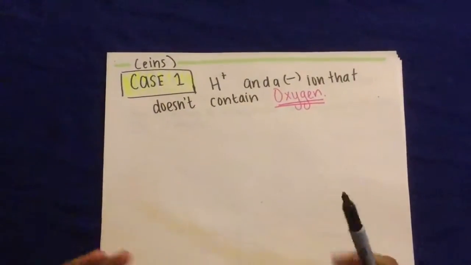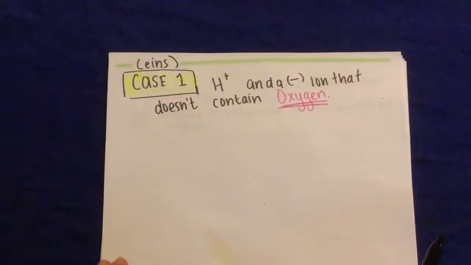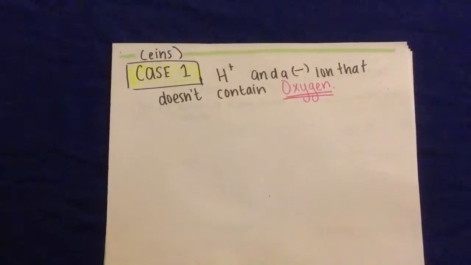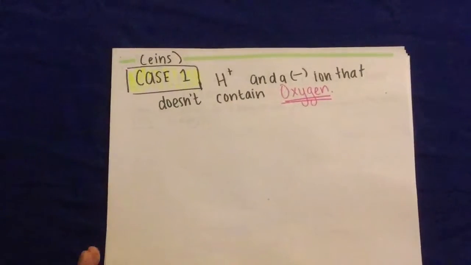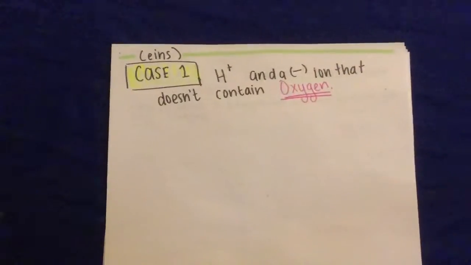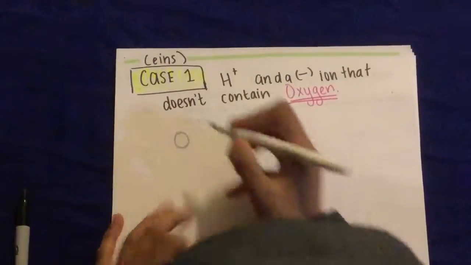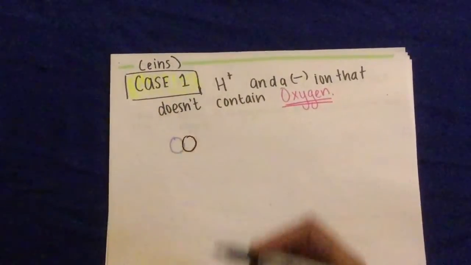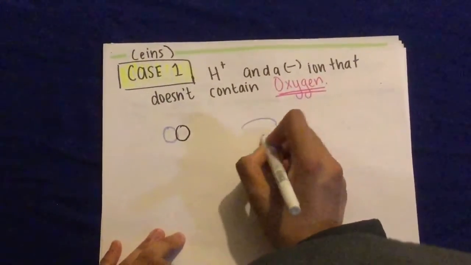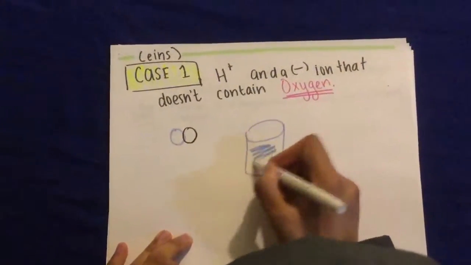So, first of all, before I really get into case 1, I want to remind you at this point what an acid even is. But we're not going to go deep into the 2 separate definitions of an acid. But remember that an acid is basically a substance that, once dissolved in water, and this is going to be my water in a beaker or in any other substance, this is my water,